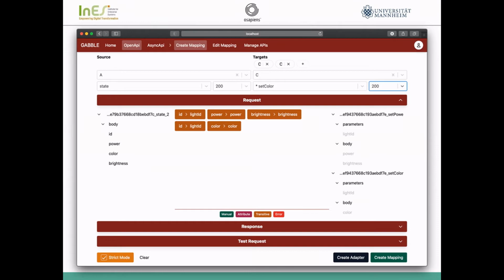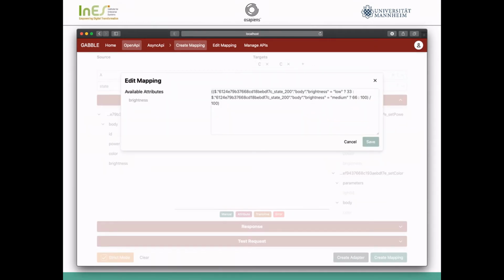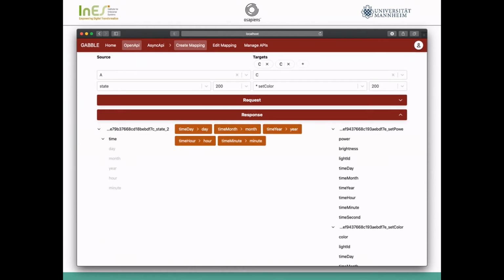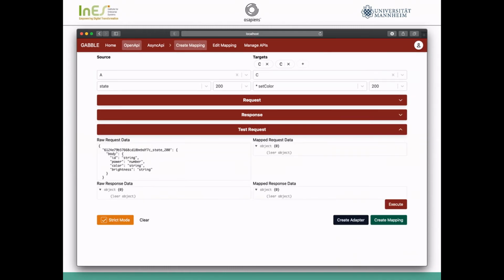So for example, let's look at this brightness mapping. And in here we see that first we have our substitution from string to integer, and then we have the division by 100 that we defined in the second mapping. And if we look at the response, basically the same picture. We also have everything already here as a suggestion, so we don't need to do anything here. Now we can test this again,